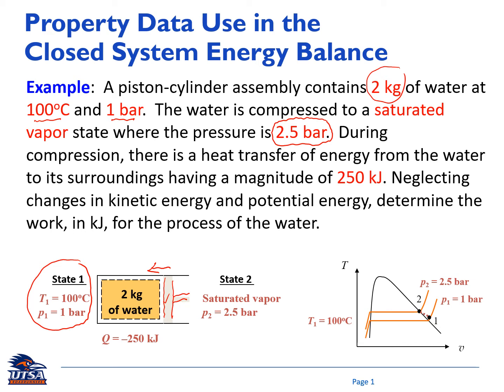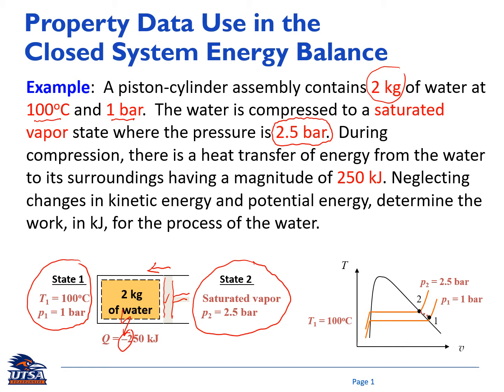State 2 is at saturated vapor, and the pressure is 2.5 bar, and there is also a heat transfer from the system to the surroundings. So here Q is from the system to the surroundings. Therefore, following the convention, it has a negative sign: Q equals minus 250 kilojoules. If you look at the right side, we have a T-v diagram. So the system